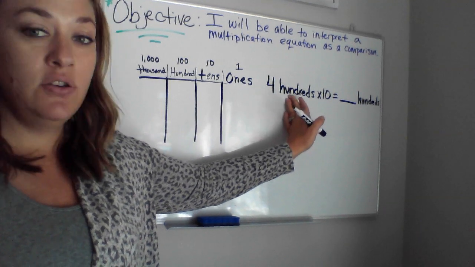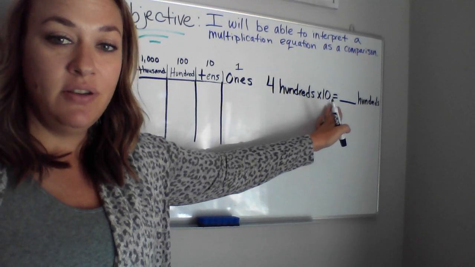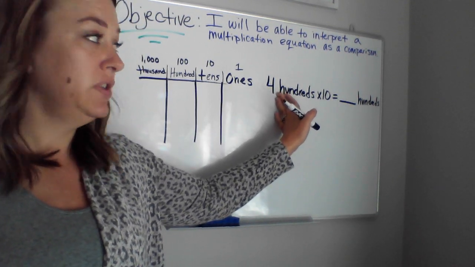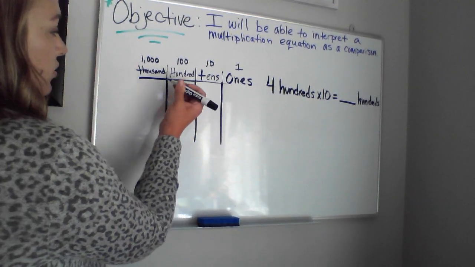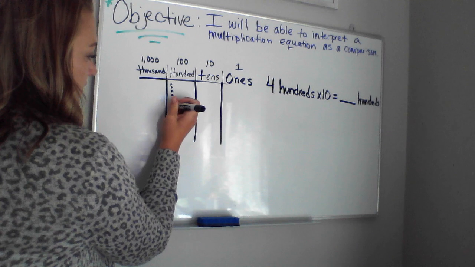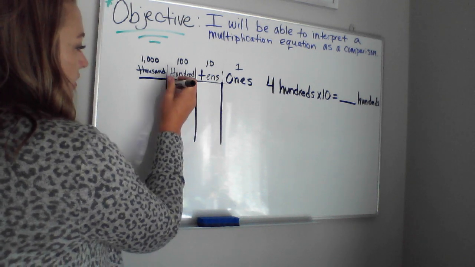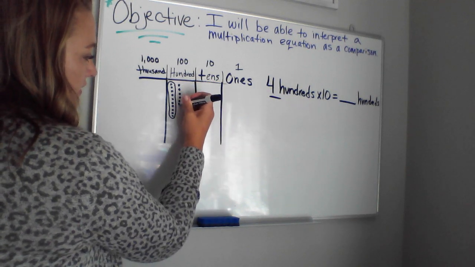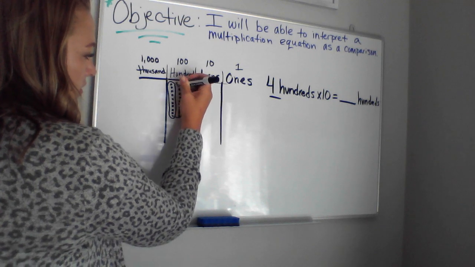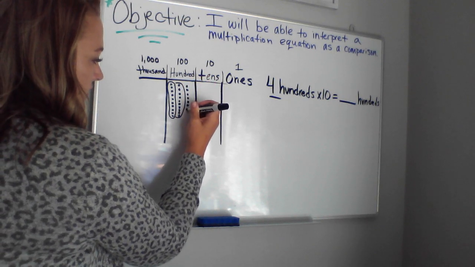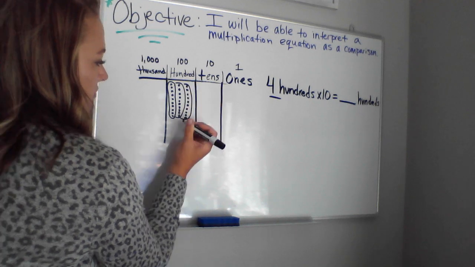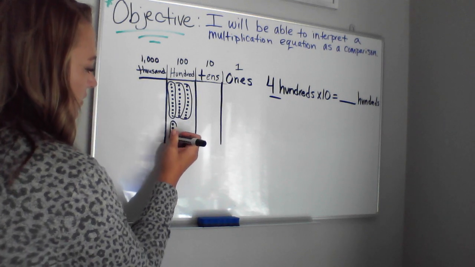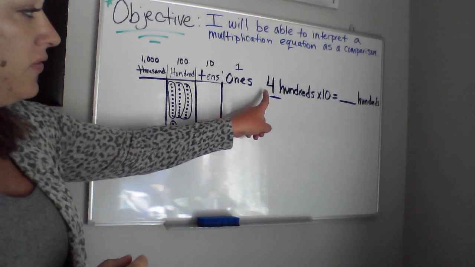So this time it says 4 hundreds times 10, but we're still gonna start with our groups of 10. And how many groups do we need? 4. Good. Okay, so I'm gonna make my group of 10. 1, 2, 3, 4, 5, 6, 7, 8, 9, 10. There's 1, but we need 4. I make more groups of 10, and I bring my other one down here. So there's my 4